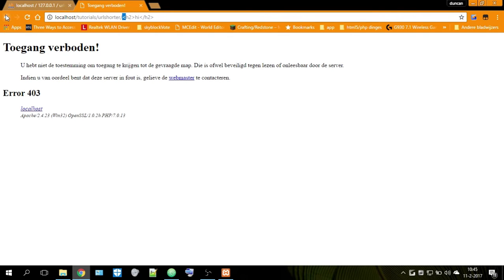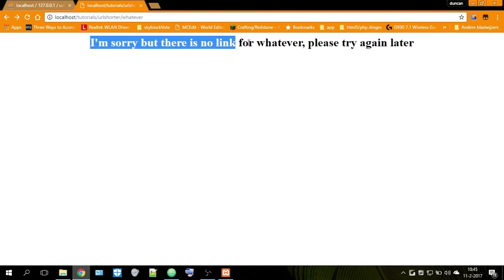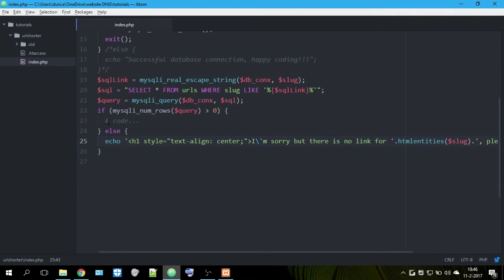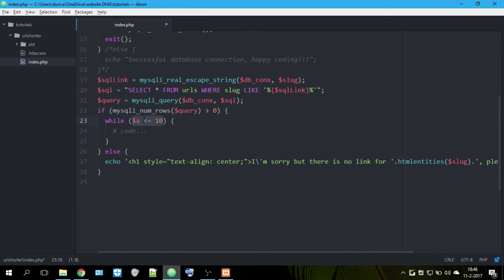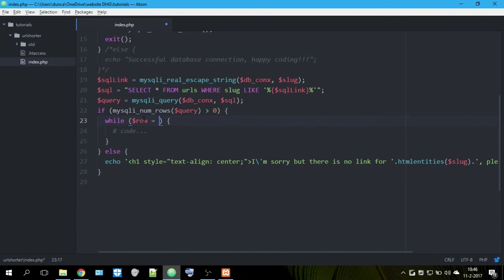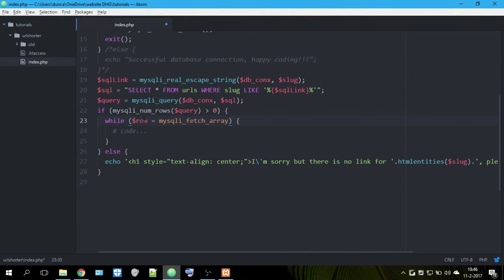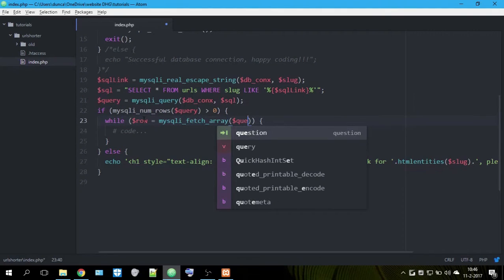So let's go back to whatever and let's reload the page. And it says, I'm sorry, but there's no link for whatever. Please try again later. But what if it is found? Then we're going to make a simple while loop, which is $row is equal to mysqli_fetch_array, opening and closing parentheses. In here we're putting our query,